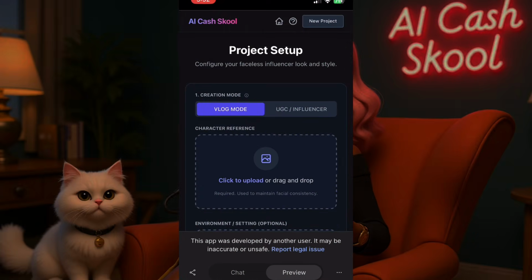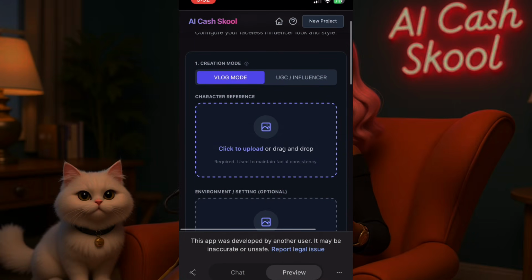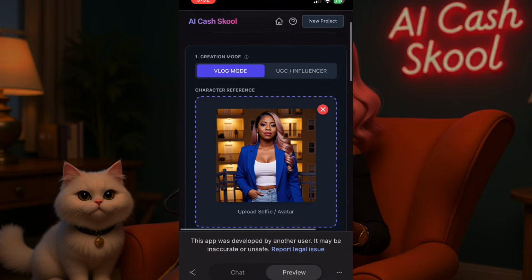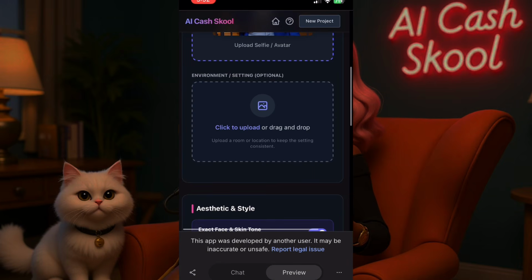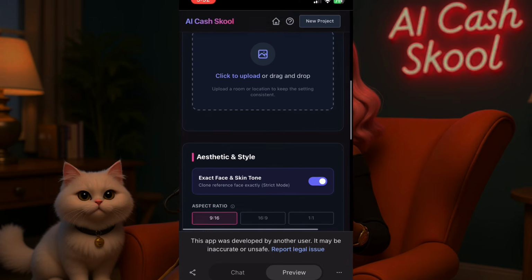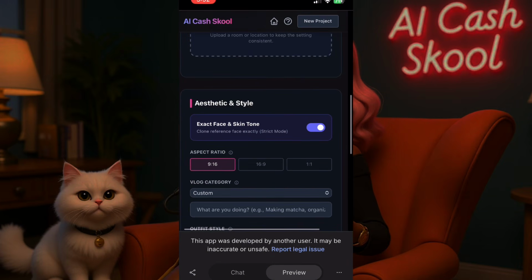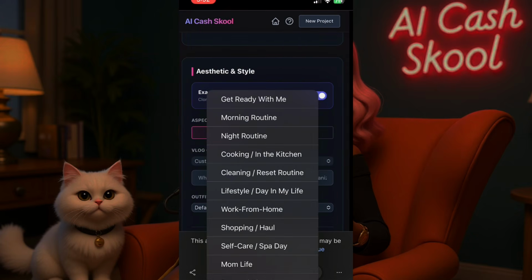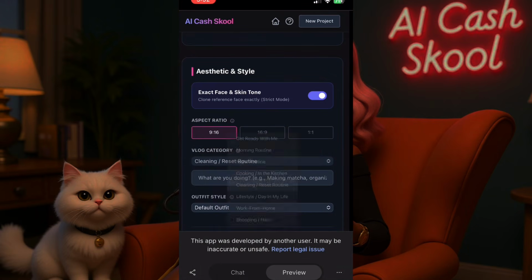So now I'm going to show you how to use the app. We're going to click here and upload a photo of myself. Okay, now that we got that photo uploaded, we're going to scroll down. We're going to skip the environment setting because I don't need that right now, but I'm going to make sure the exact face and skin tone is selected. I want to do 9:16. Okay, and the type of vlog I want to do is probably a cleaning reset routine,